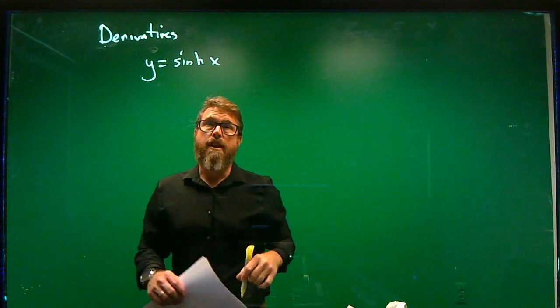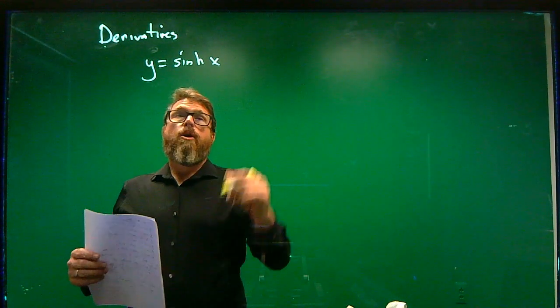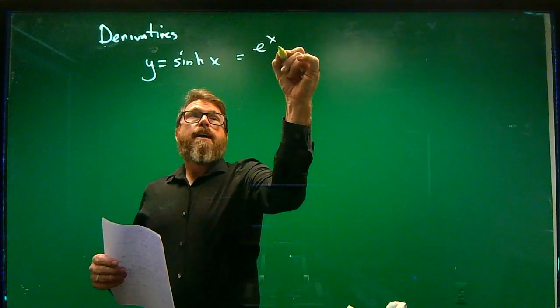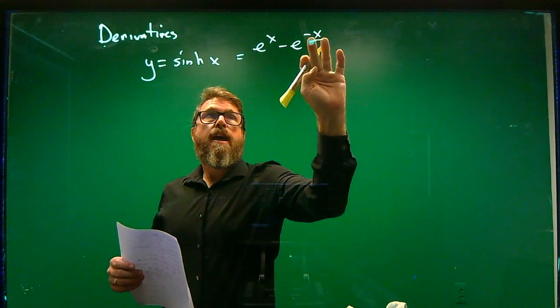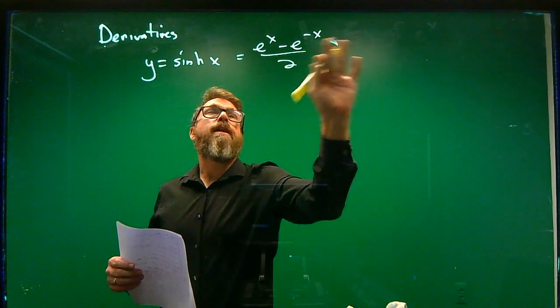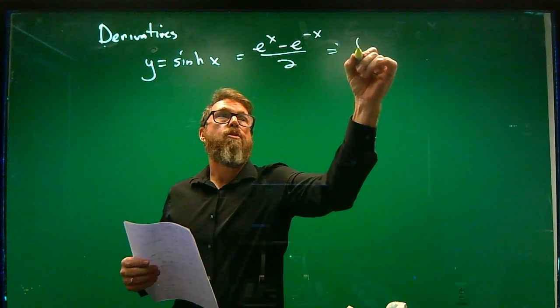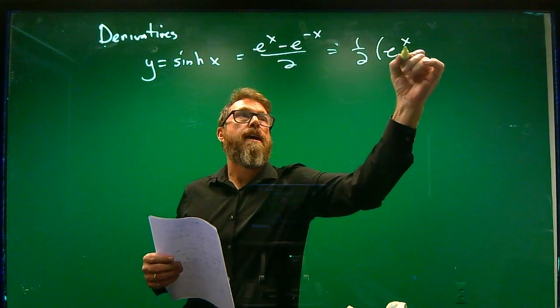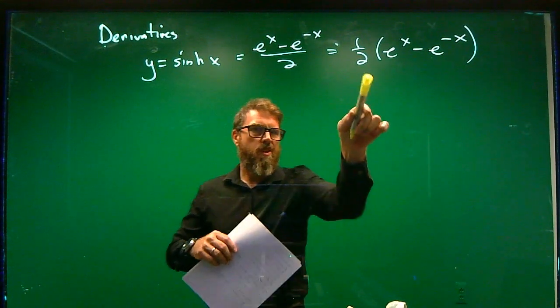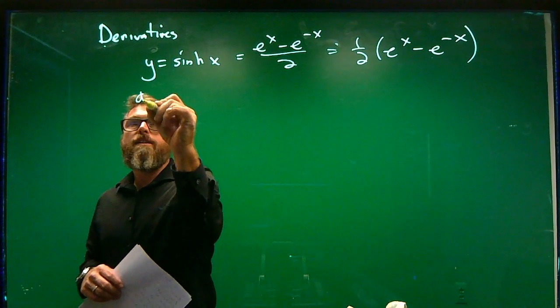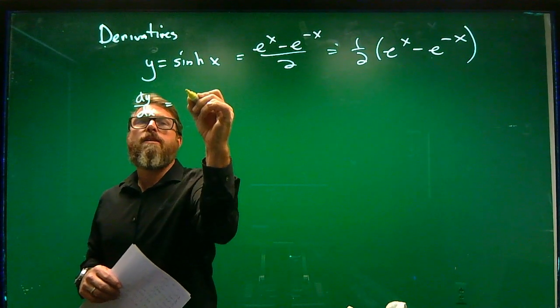The hyperbolic sine of x. So we know that this is going to be equal to e to the x minus e to the negative x all divided by 2. And I can pull out that 1/2, so this is equal to 1/2 times e to the x minus e to the negative x. And a lot of times when you're taking derivatives, it's easier to pull out that constant. So then if I want dy dx, this is going to be equal to